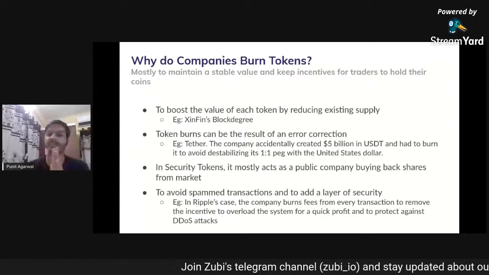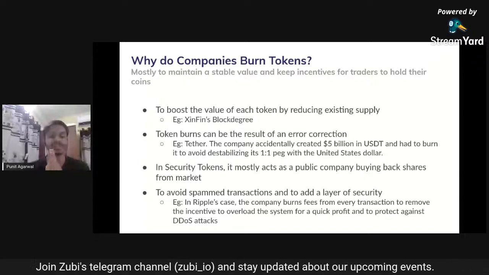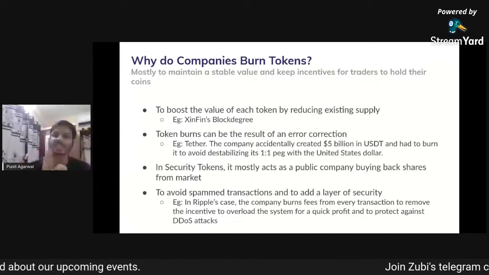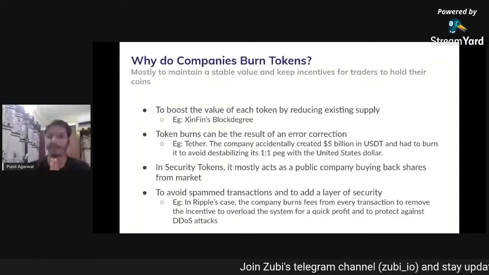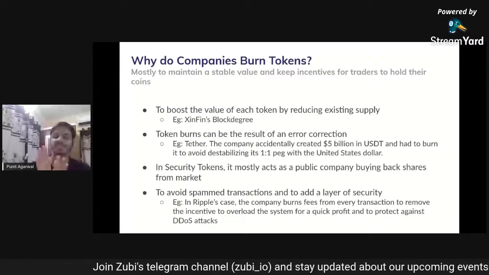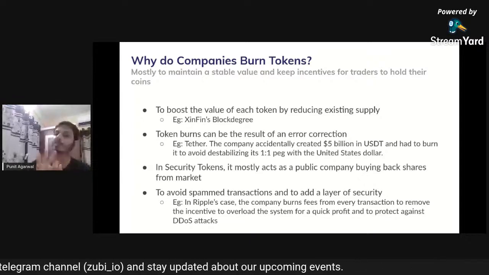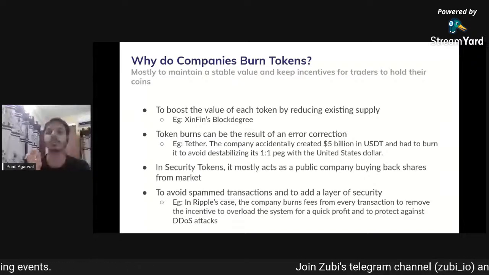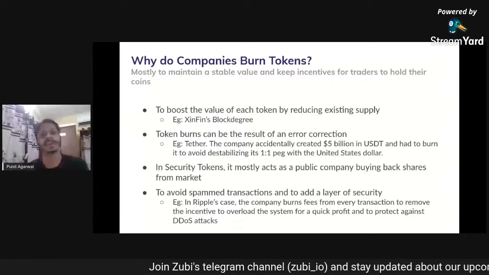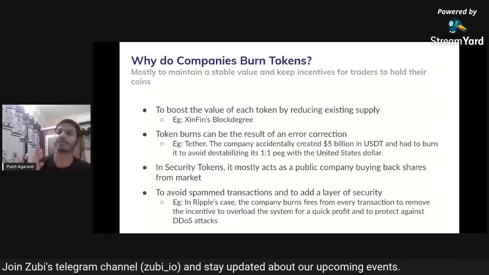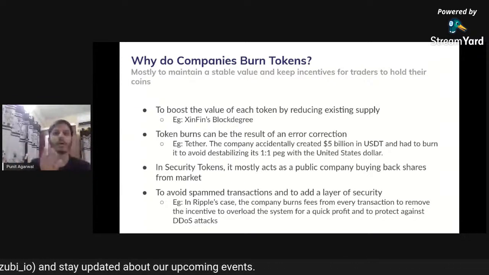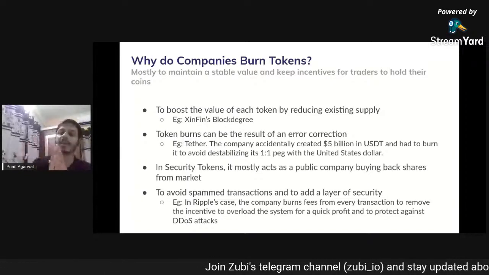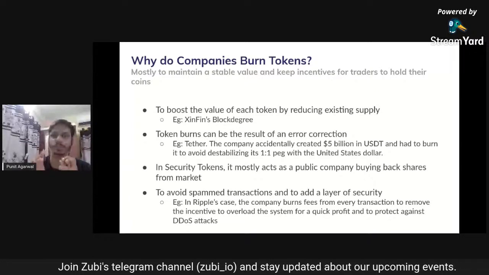For example, there is a particular token called Tether, USDT. This particular token is a stable coin. We discussed this stable coin in the last webinar. If you want to create a stable cryptocurrency, you have two to three approaches. You either back it by US dollars or you back it by cryptocurrency. So Tether is a coin which says that it backs the stable coin, USDT,